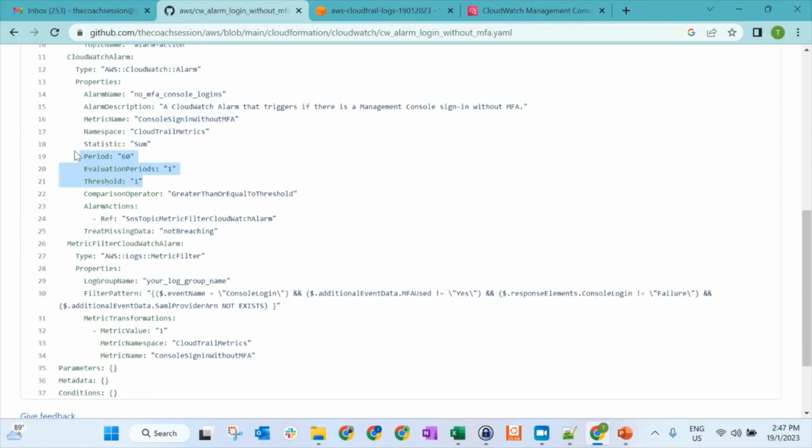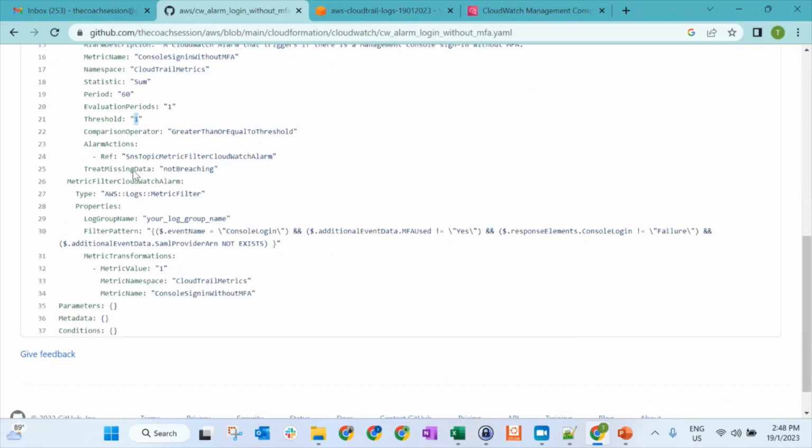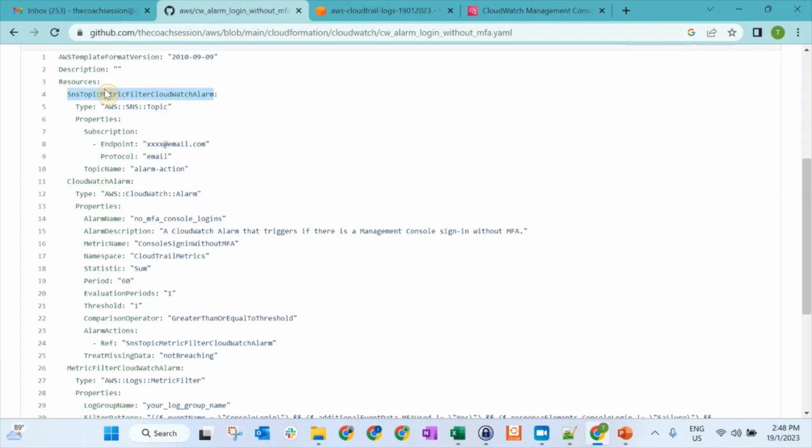It will also have the period of checking, the evaluation period, which is 1 minute, and the threshold, meaning when one user logs in without MFA, it will trigger the alarm. You can, of course, increase the threshold as well. But in this case, 1 is good. And then the alarm action is sent to the SNS, here.